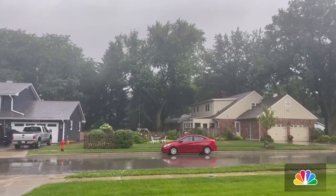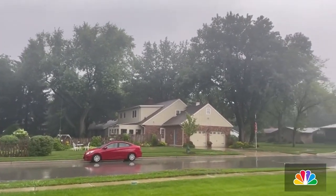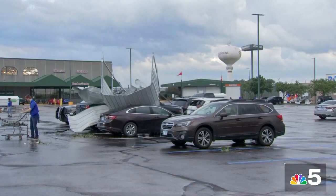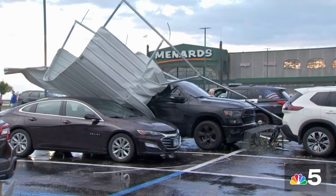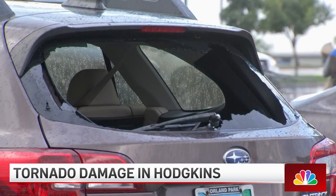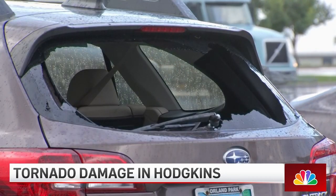I have a niece who was working in an industrial building in Hodgkins. She sent several pictures of trees down, lines down, and an overturned semi near I-55 from the impact of the storm as well. We can show video of all of that. So the two big areas with a lot of damage are Hodgkins and Summit, that area near I-55, and the area that